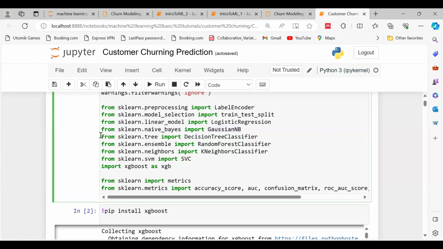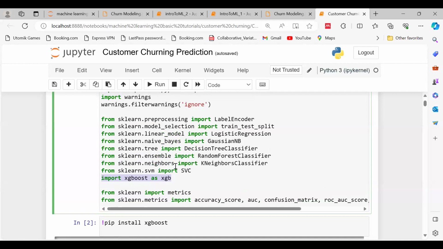The next library we are using to implement the decision tree is sklearn.tree, import DecisionTreeClassifier. Next, from sklearn.ensemble, RandomForestClassifier. Next, from sklearn.neighbors, import KNeighborsClassifier. And next, from sklearn, the SVM, that is the support vector machine. And one major one we are using is XGBoost. So these are the main machine learning libraries used with sklearn